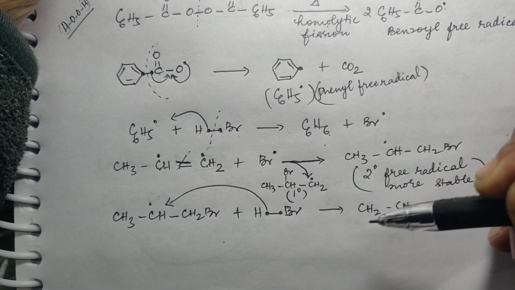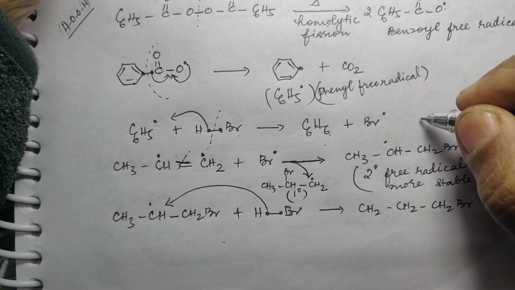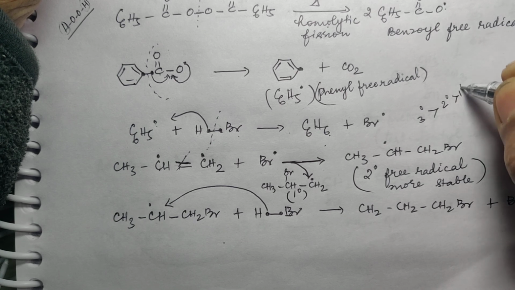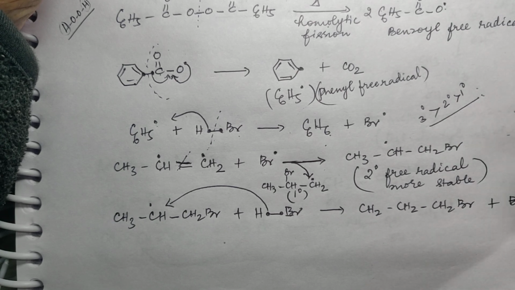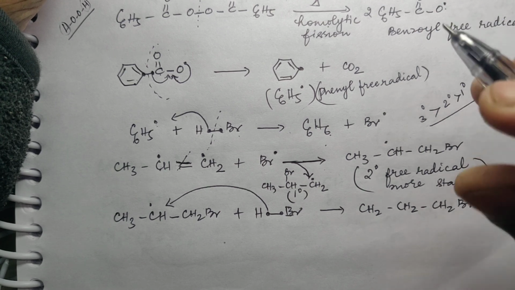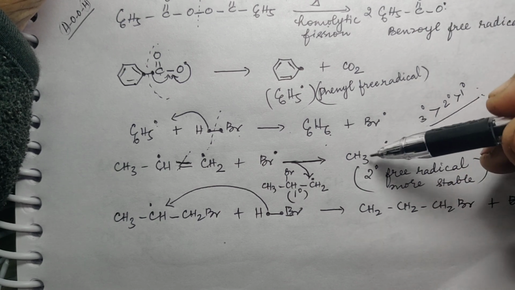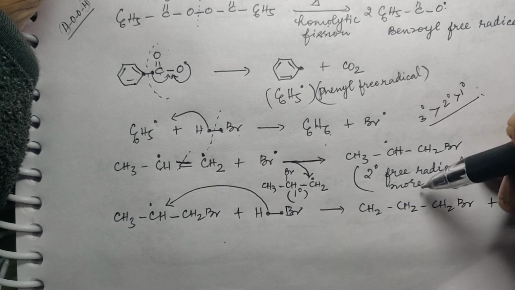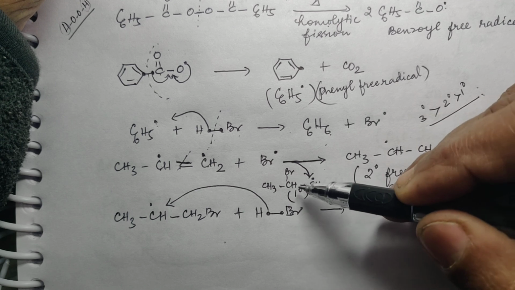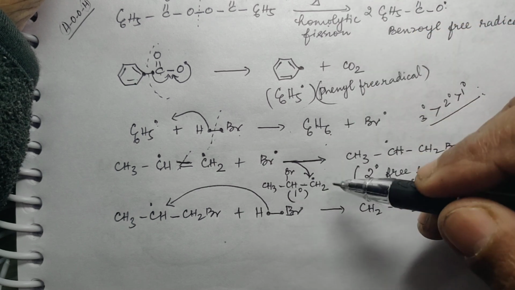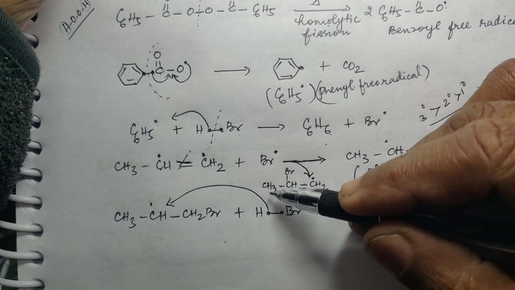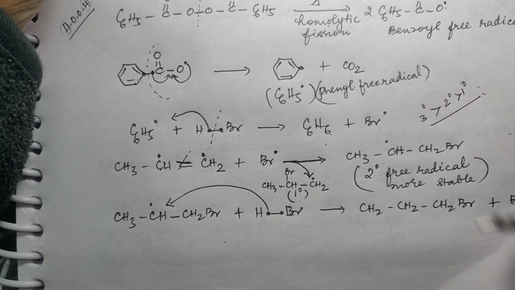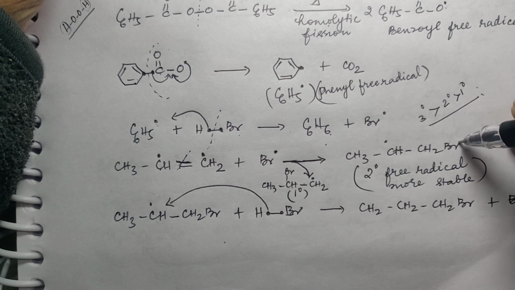Is that clear? Out of the free radicals you have studied, in stability, a tertiary free radical is more stable than secondary, more stable than primary. This is free radical stability. Now here this is a secondary free radical, this is a primary free radical. Obviously the secondary free radical is more stable. So the primary one will be formed very little. The amount of primary free radical produced will be very less, because any reaction always takes place towards making a stable compound only. So this will be made.